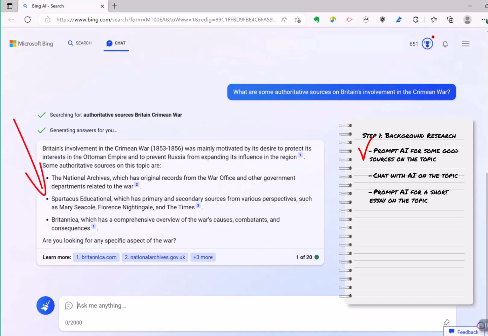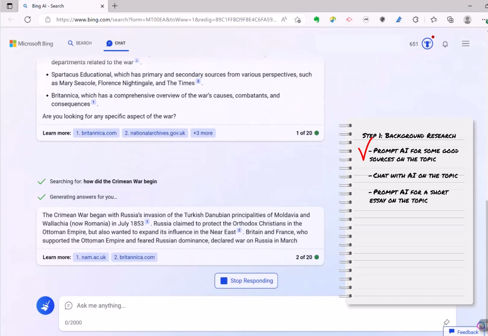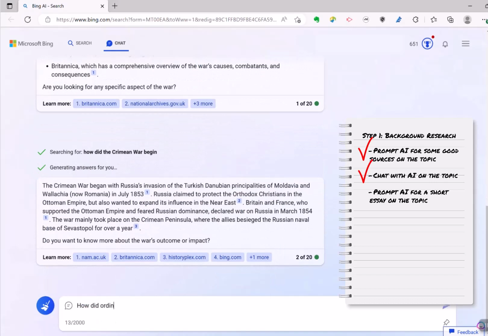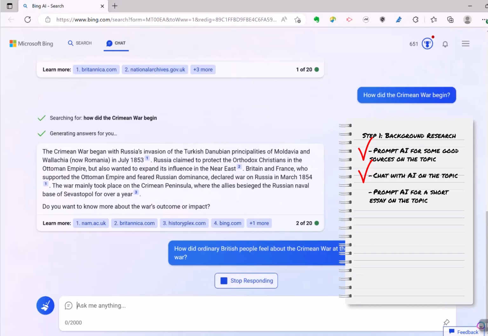This Spartacus Educational looks kind of interesting because it has a variety of what Bing tells me are primary and secondary sources. And remember, my assignment calls for both of these. I also know that the National Archives and War Office's original records are going to be primary sources, and I might find some really interesting records there that will put me right in the time period. All I have to do is click on the link and go from there. Bing also invites me to narrow down my focus so it can help me find even more targeted sources. It's kind of fun to just play the little kid and ask it every how and why question I can think of. Unlike a busy parent or teacher, Bing never gets tired of answering.